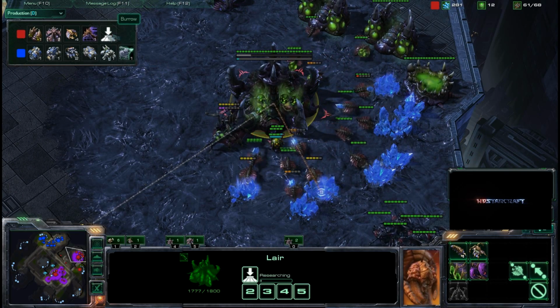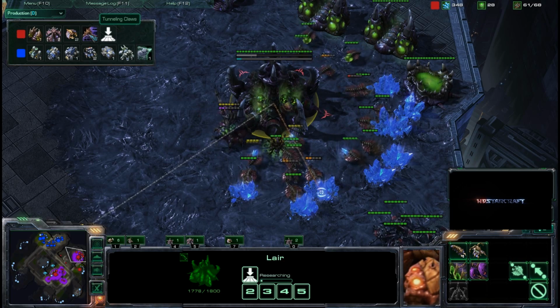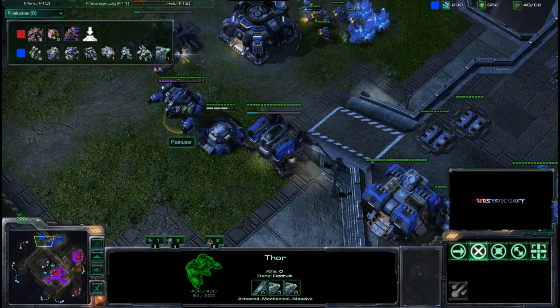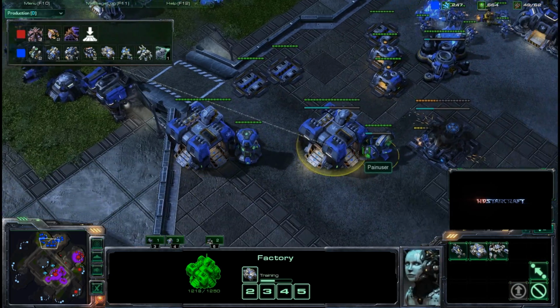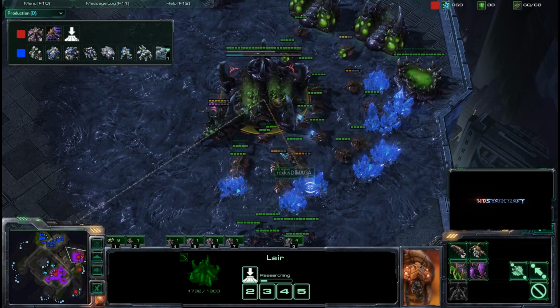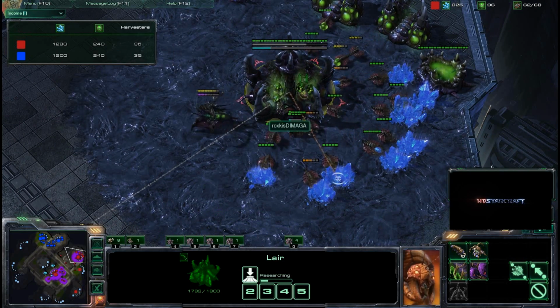Looks like Dimaga here is going to be researching Burrow as well as Tunneling Claws, realizing that Painuser is going to be getting mech. The Tunneling Claws is going to help a lot for those roaches if Dimaga can get a Burrow and Unburrow ambush underneath the Terran mech army. Meanwhile,